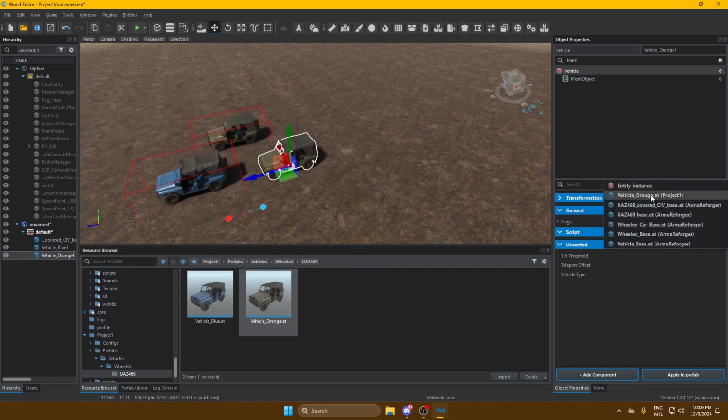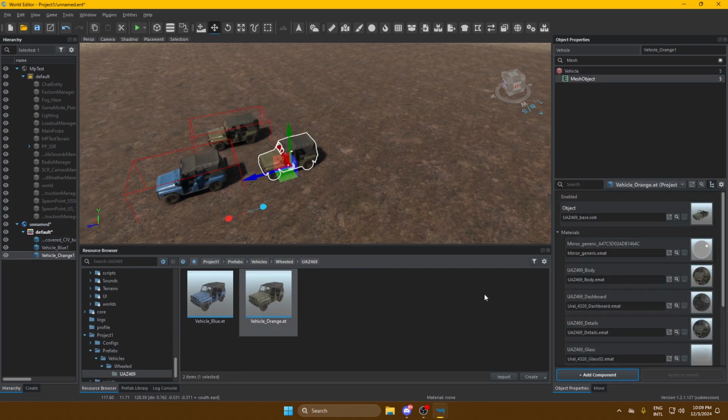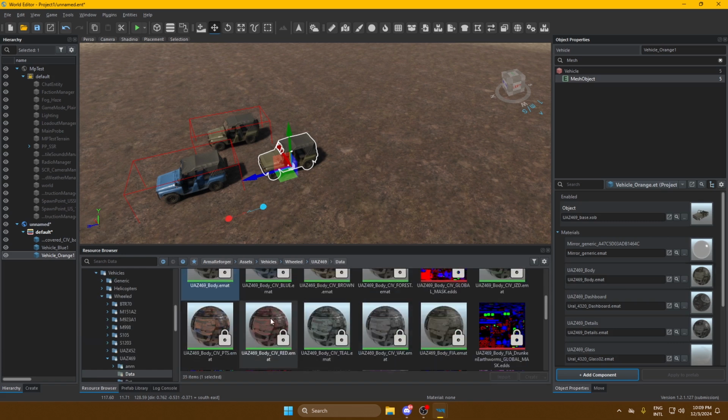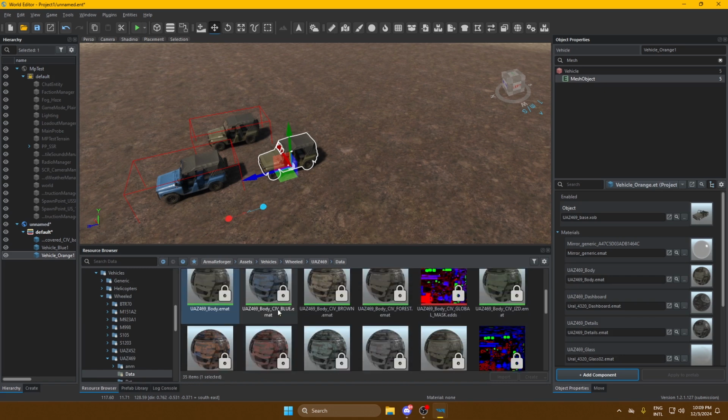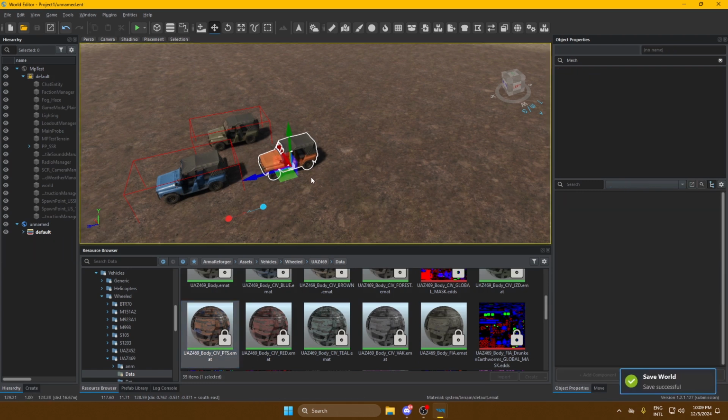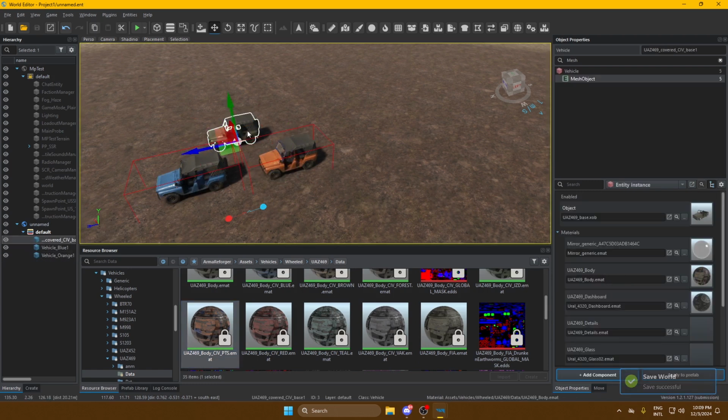Then let's drag it here. Let's go to vehicle orange, mesh component again, and let's go to where these are, and now let's find the orange one, which I think is this one. Now drag it, and then we save it, and then now we can see, okay, we have these variations. So now let's also check again